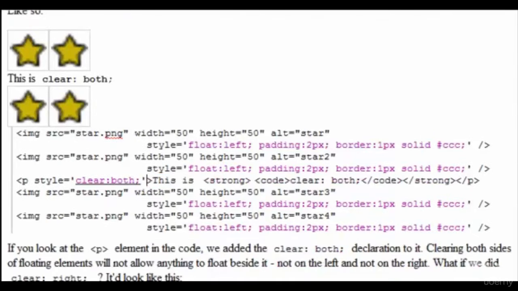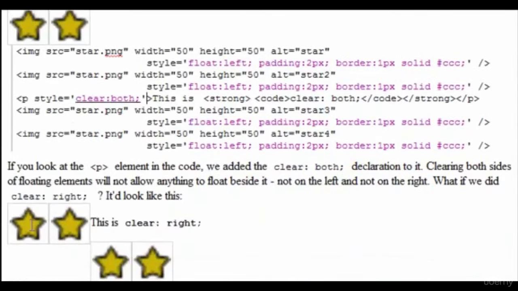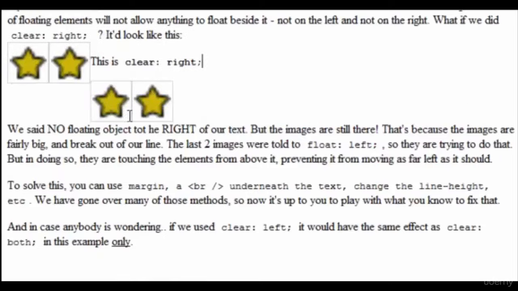What if we did a clear right instead of a clear both? This is what it would look like. We have our 2 images here. This means it's not going to allow anything to float to the right of it, so it's going to float on the next line below it, if it can. Now this didn't move over because a line isn't high enough to support the images, so the images actually break through the line. Now when one floating element even touches the other element by 1 pixel, it's going to stop there, and it's going to naturally assume that it cannot move to the left any farther or to the right any farther. Oh, and just to clarify that all 4 images are still floating left,